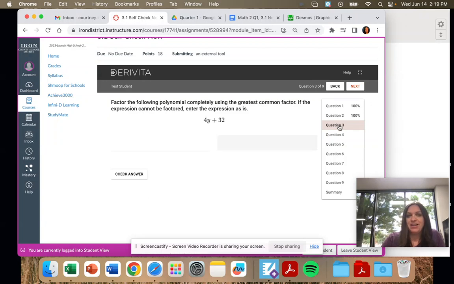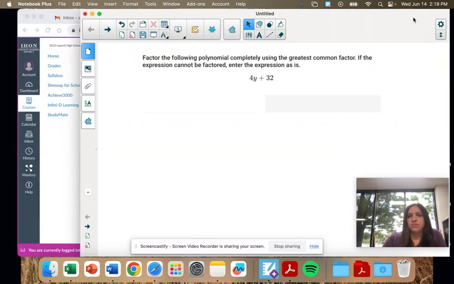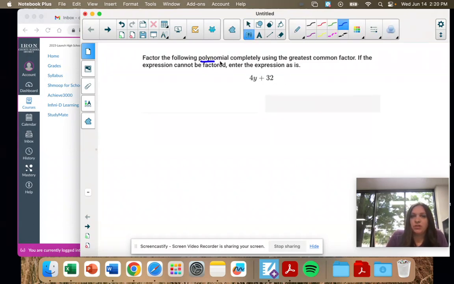So number 3, we're changing it a little bit. We're factoring a polynomial completely using the greatest common factor. A polynomial just means it has more than one term. So our first term is 4y, our second is 32. And we're doing the same thing. We're looking at the first term and the second term and seeing what do they have in common, what can